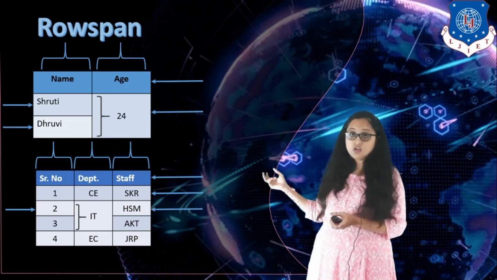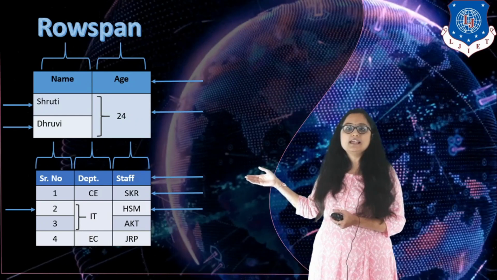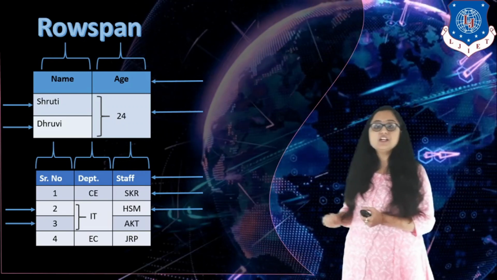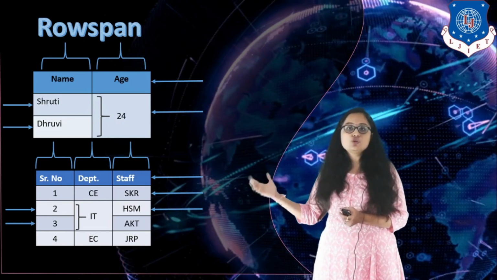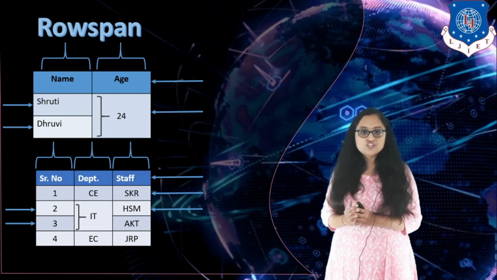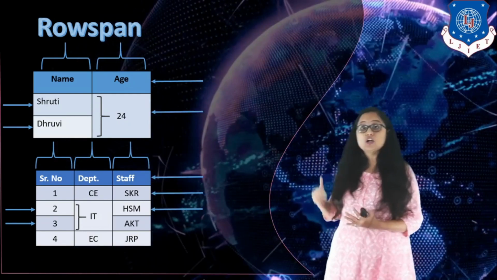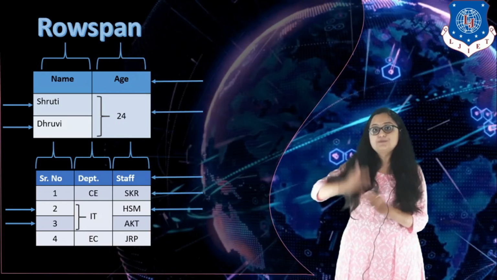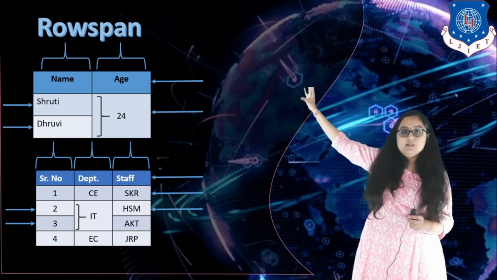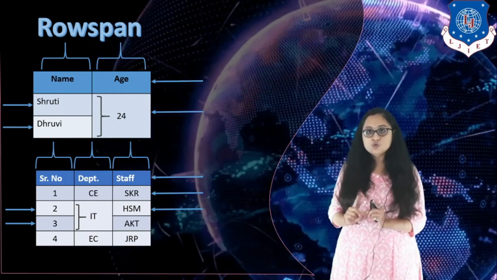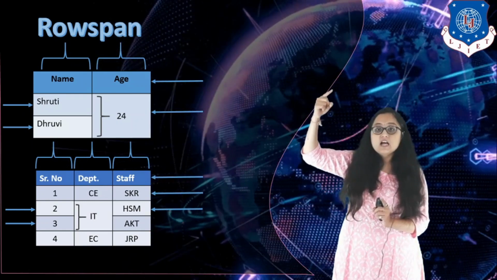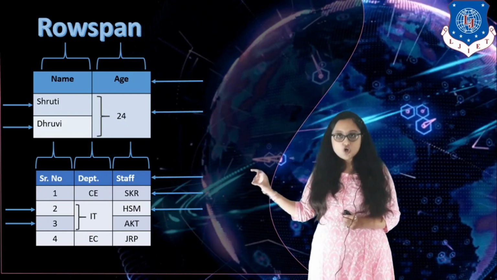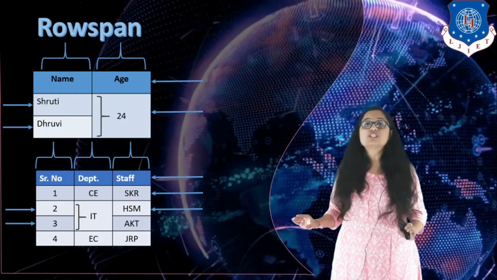In the third row, the next column is HSM, that is again a normal column. The next thing is the fourth row. In the fourth row, the first TD is again normal, which is 3. But you know that already in the upper row, that is in the third row, we have written the second column as span. So recall in this example that I told you that if you have written row span in the previous TR, you don't need to specify it again. So in this fourth row, your second column does not need to be specified at all.